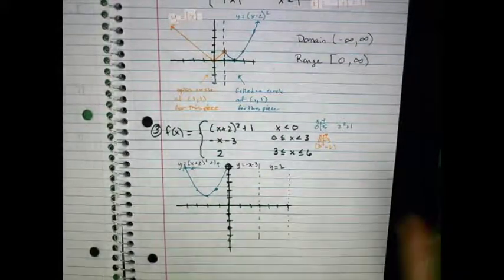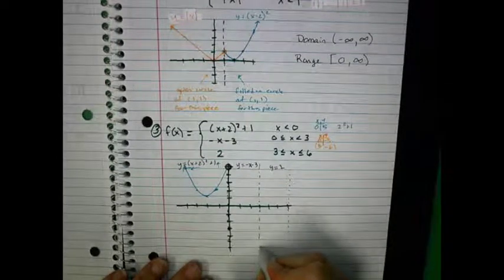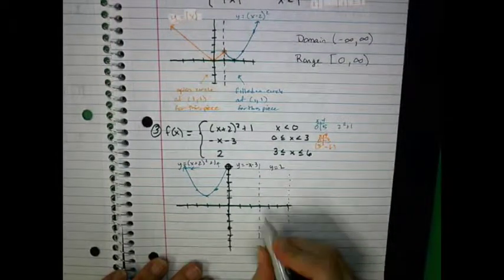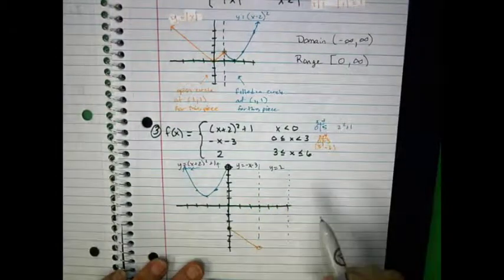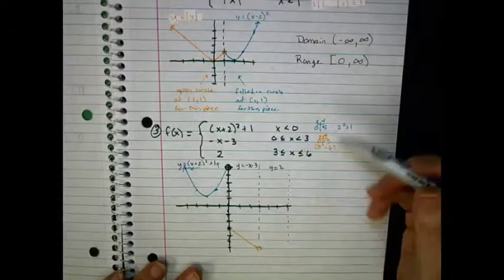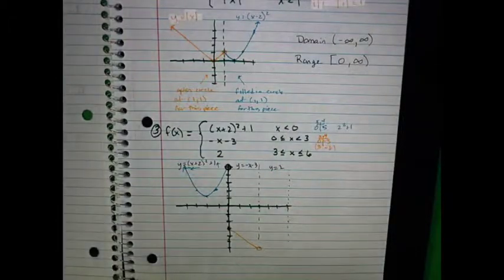And so then when I get to this line, this one would be open at 3, 6. And this is a straight line, so that would be my second piece, solid, open. And then for my third piece, I have y equals 2, and y equals 2 is a horizontal line at